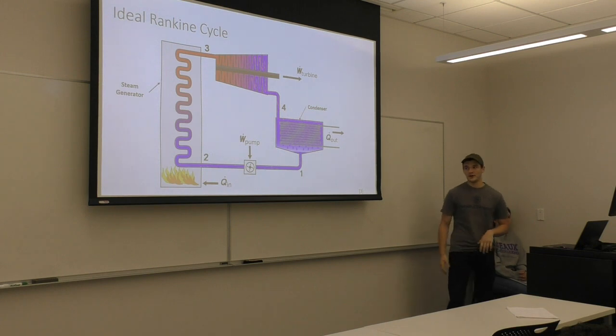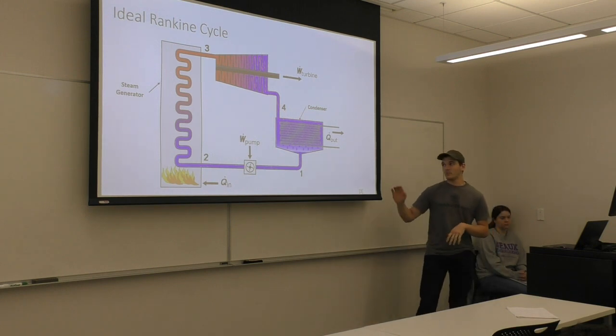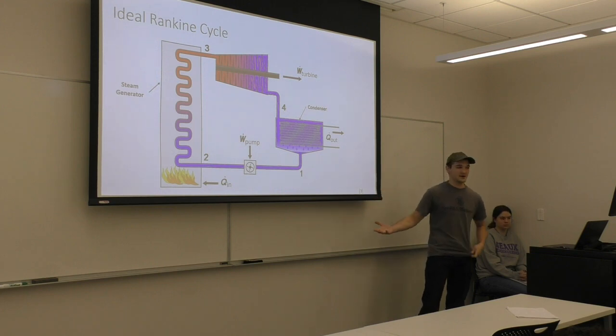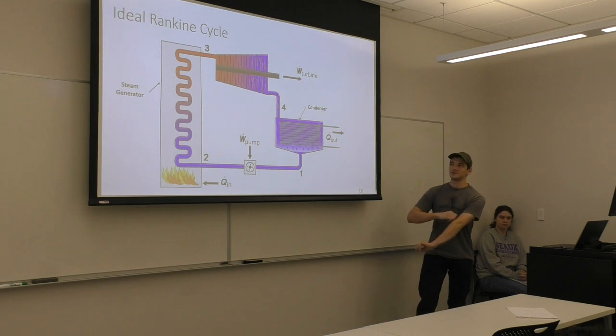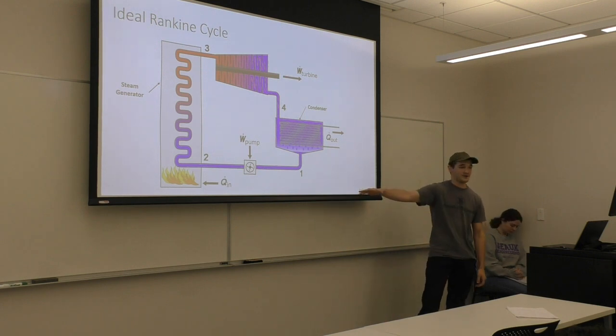Water enters a boiler in a liquid state, and then it's heated up by a fuel source. One of the reasons why we don't just use the direct fuel source into the turbine is just because you can burn kind of whatever you want. It can be super nasty, like coal, which would clog up a turbine. So we use that to heat up the water, and it enters the boiler as a liquid,